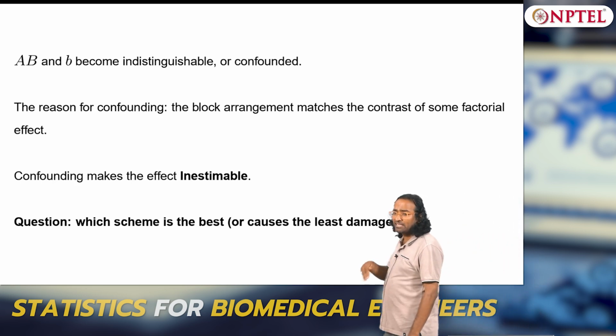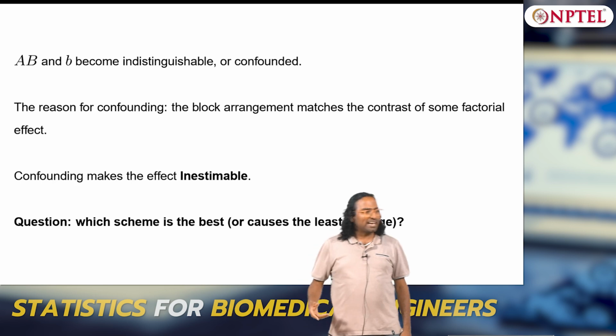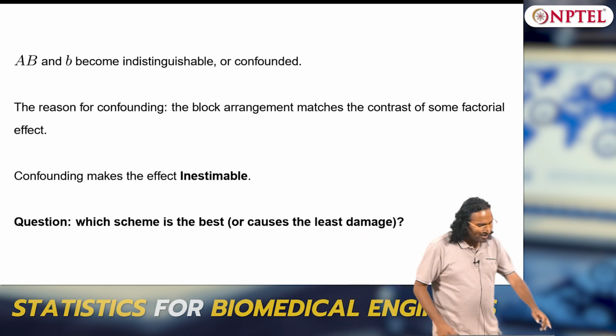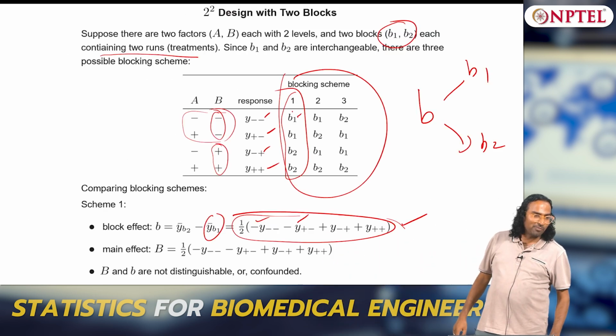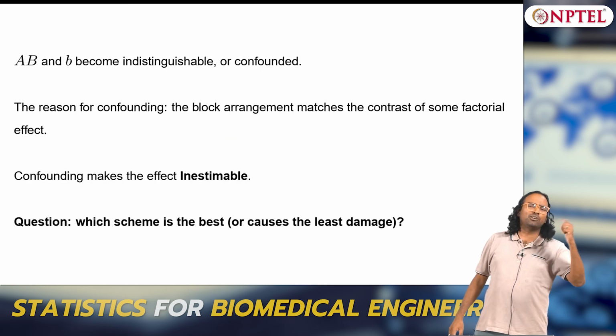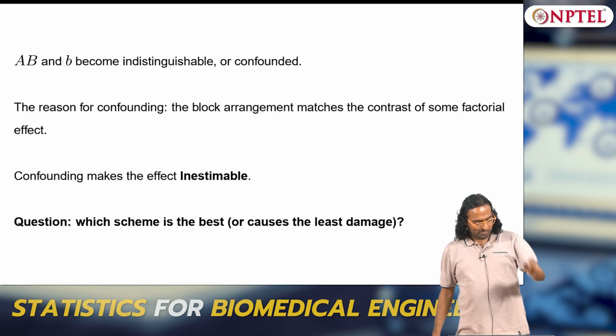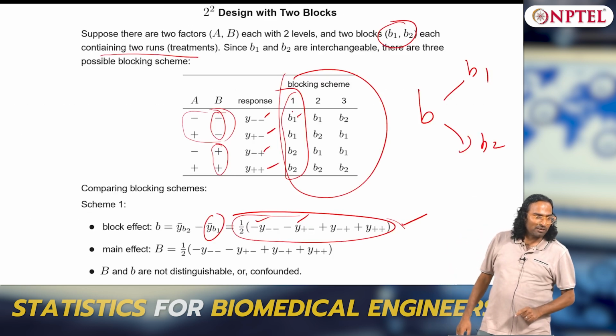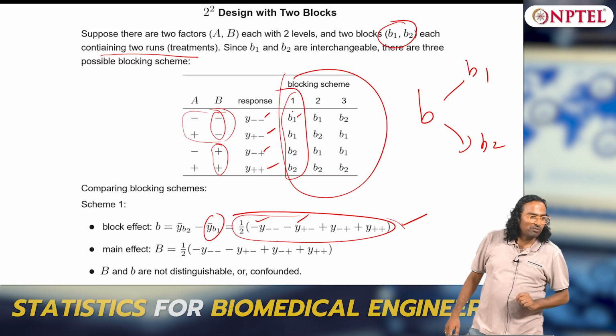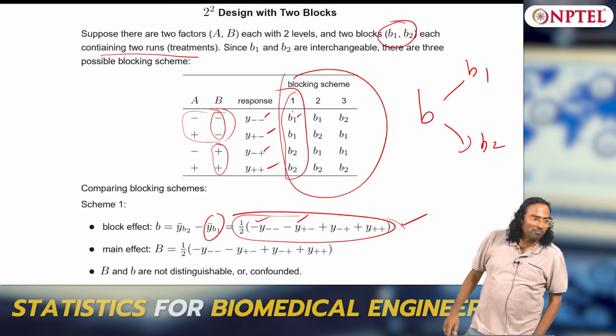Okay. Now, I can ask a logical question: 16 experiments have to be performed, right. In here, 4 plus 4, 8 experiments have to be performed. Which 8 to perform? Sorry, a total of 8 has to be performed here. You decide to perform only 4. Which 4 experiments to perform?